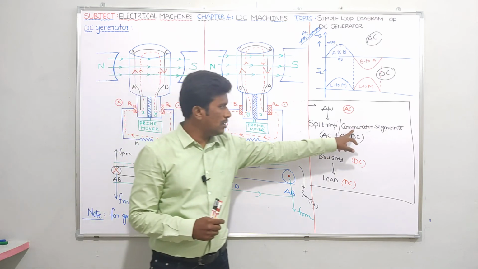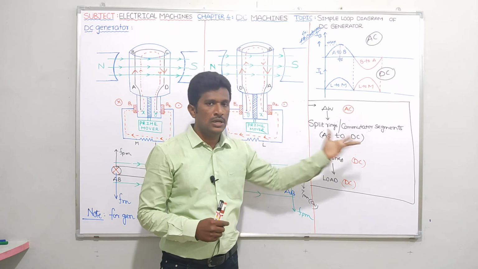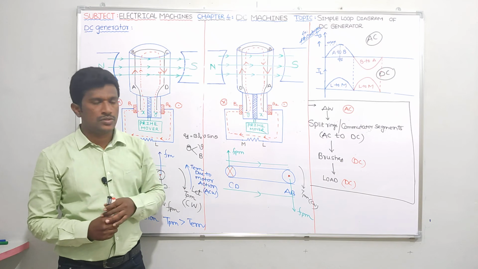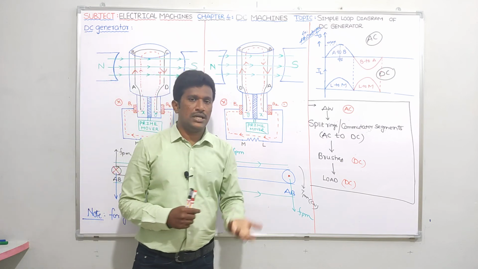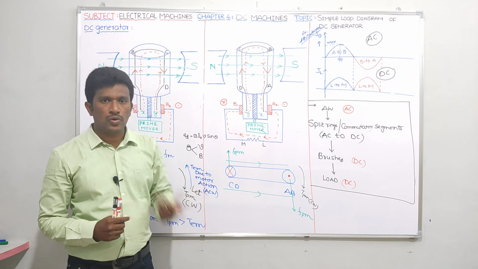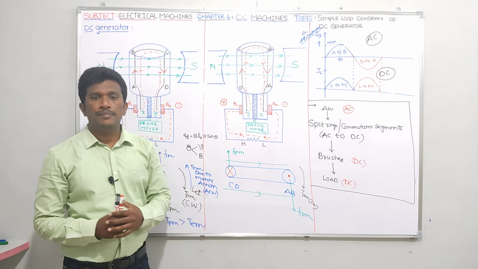Because, see, if you see here, commutator converts what? AC to DC, no? That's why I'm calling it a mechanical rotating rectifier. So let me repeat. In a DC generator, commutator acts as a mechanically rotating rectifier because